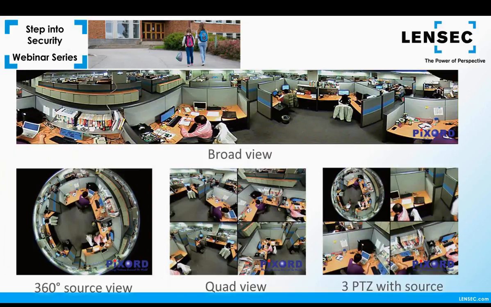You can view this in a 180-degree panoramic view, as mentioned, or you can break up the single camera stream into a quad view, focusing on 4 different angles of the same camera image. Since the software provides digital zooming, you can zoom in on any of these quad images to get more detail in specific areas.